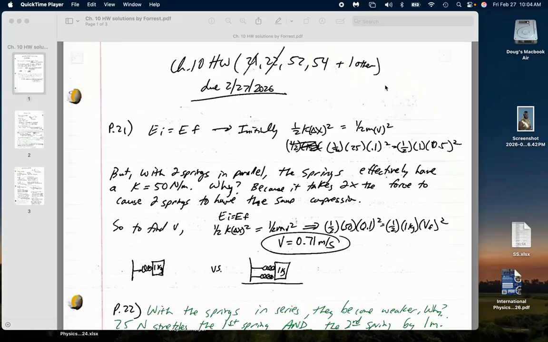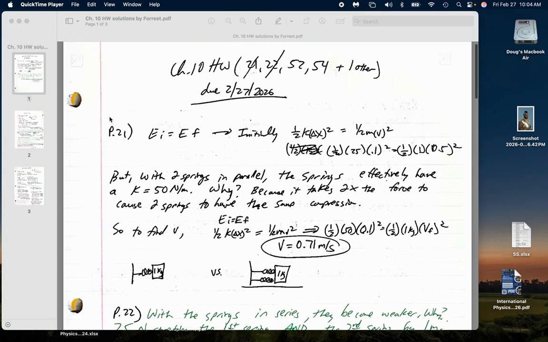Solutions to the Chapter 10 homework, which was due today, February 27th, 2026. We actually went over most of these in class, but just to recap, or if it helps you, essentially we have,